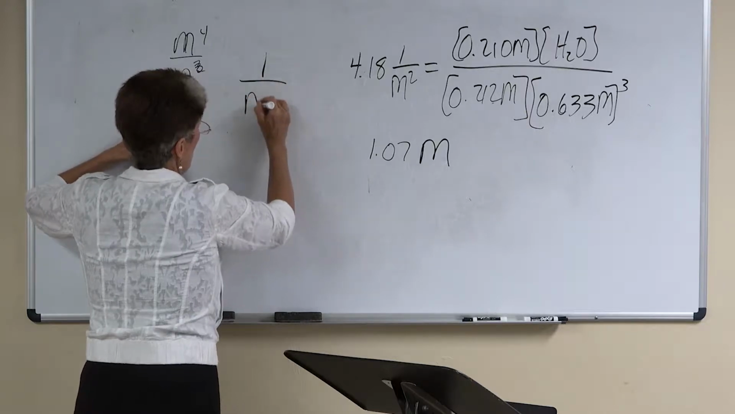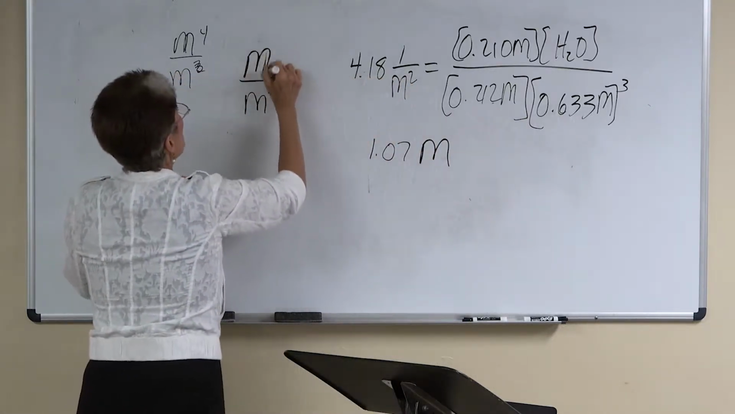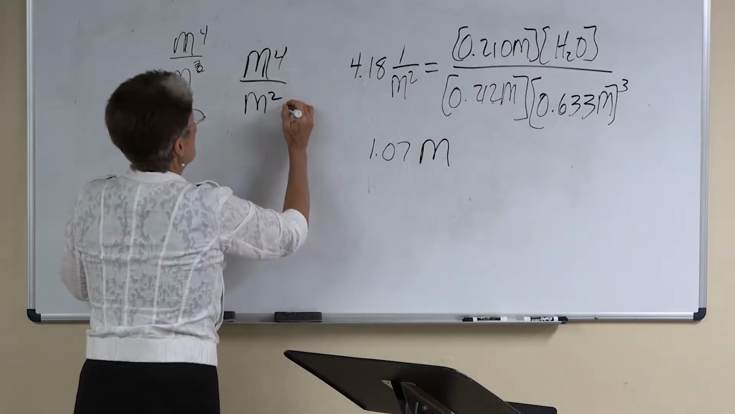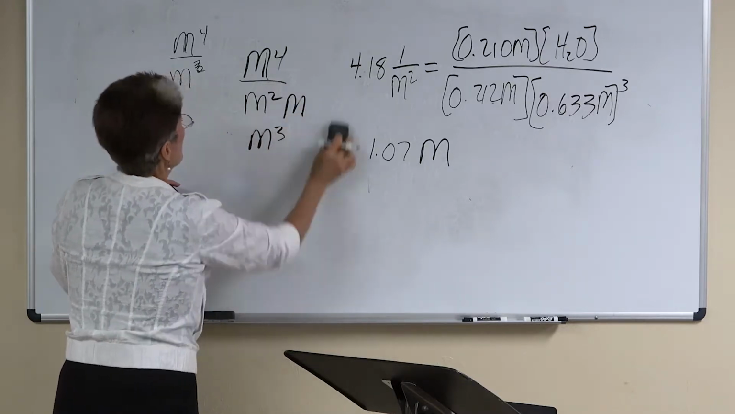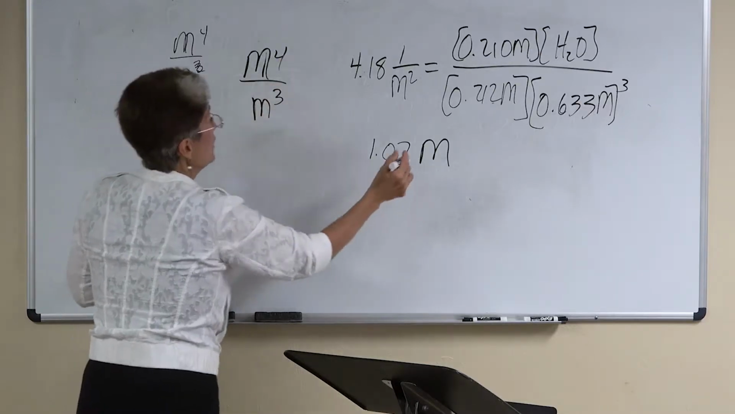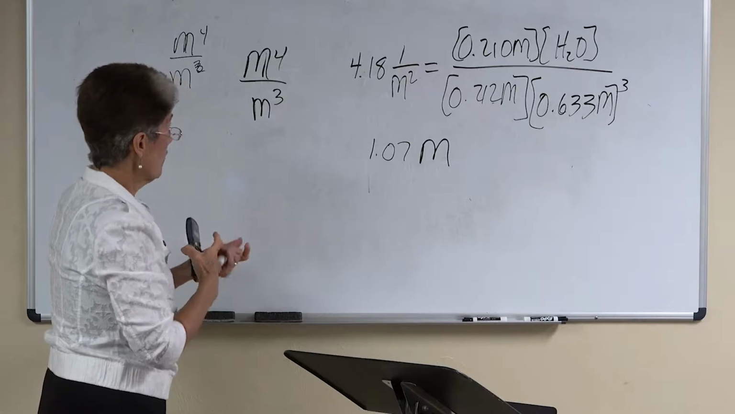I started with 1 over M2. I multiply both sides by this, so that's M to the 4th. And then I divide by this, so we have another M here. So that actually makes this M to the 3rd, doesn't it? M to the 3rd, and so that's going to leave us molarity. And so that should be our answer, 1.07 molar